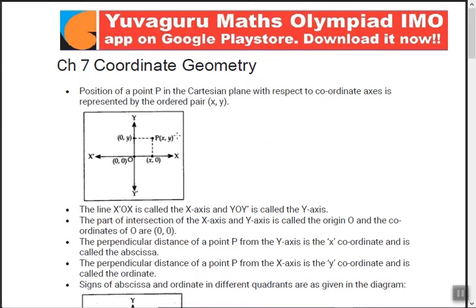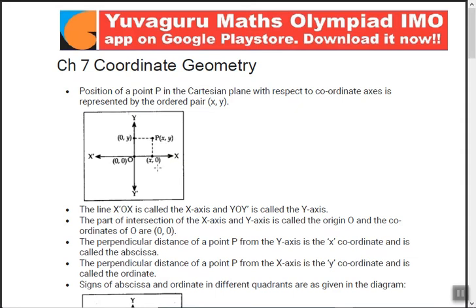X coordinate, Y coordinate. See here, if we are studying only plane figures, which have only X and Y axis, like the page, like this screen, these have only two axes, X and Y. These are planes. So we have only two coordinates, X and Y. But if you are studying a three-dimensional figure, then it will have three coordinates, X, Y and Z. But they are not there for you now. So let's focus only on two-dimensional figures, X and Y. So coordinates means X and Y coordinates.